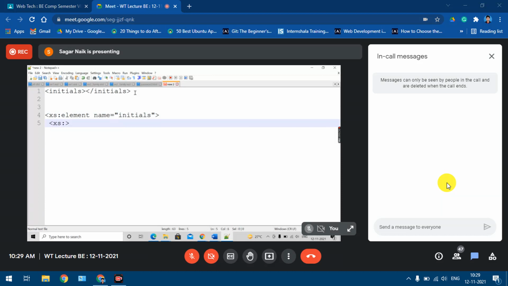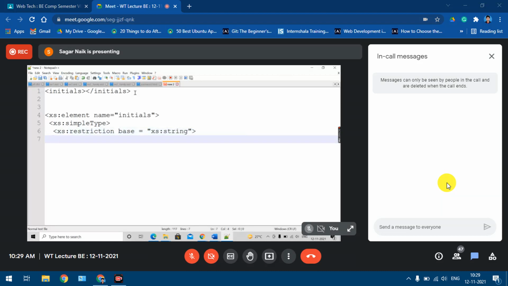Even if you are putting a restriction, the element is still a simple element, so we have to specify it here: simple type. Then what type of values will it accept? Only string values. So we say restriction base equal to xs:string.